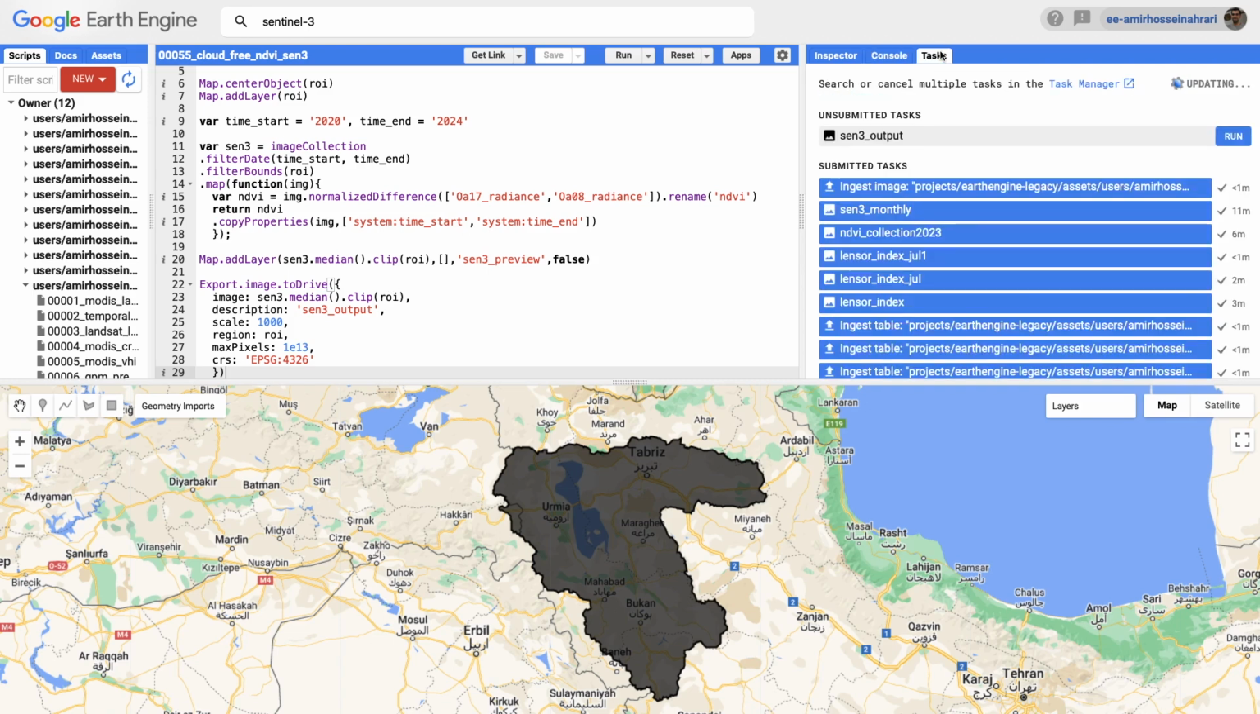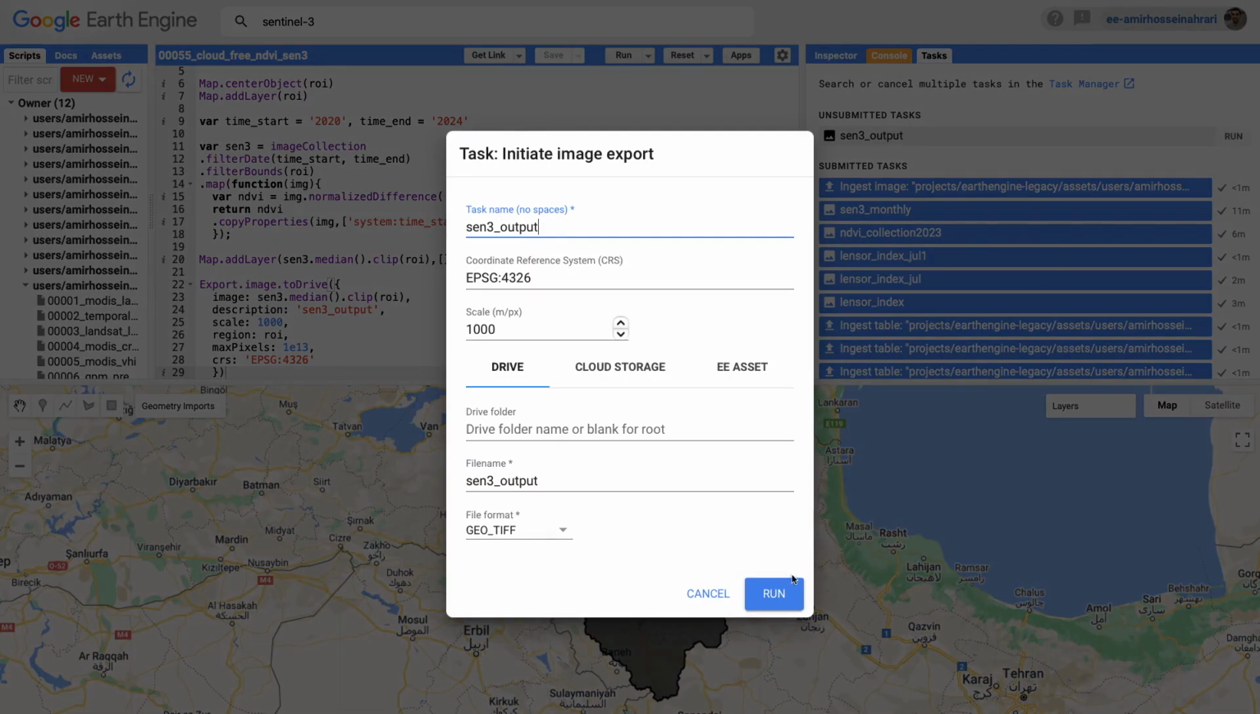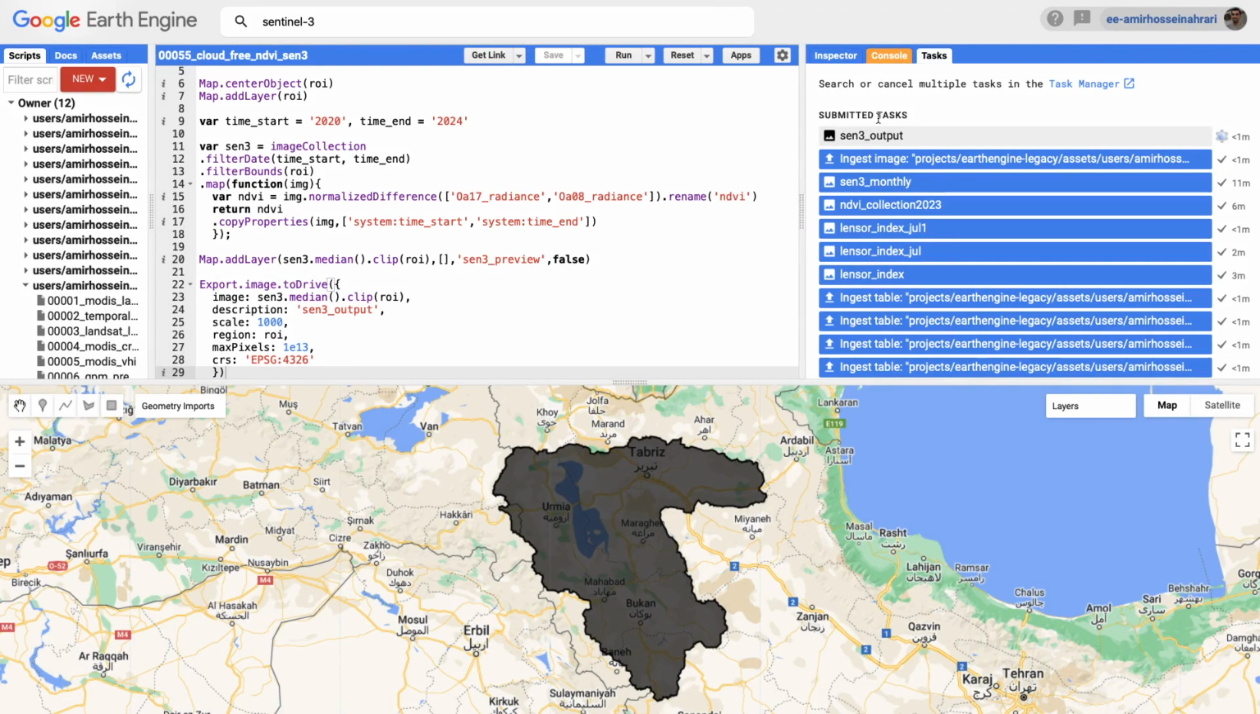In the task, as you can see, we have a new output, or new data, that is ready to get out. Click on run and again run. Now we are waiting until the final result is saved completely and turns blue, same as the previous tries, and then we can pick it up from the Google Drive that is connected to our Gmail account and